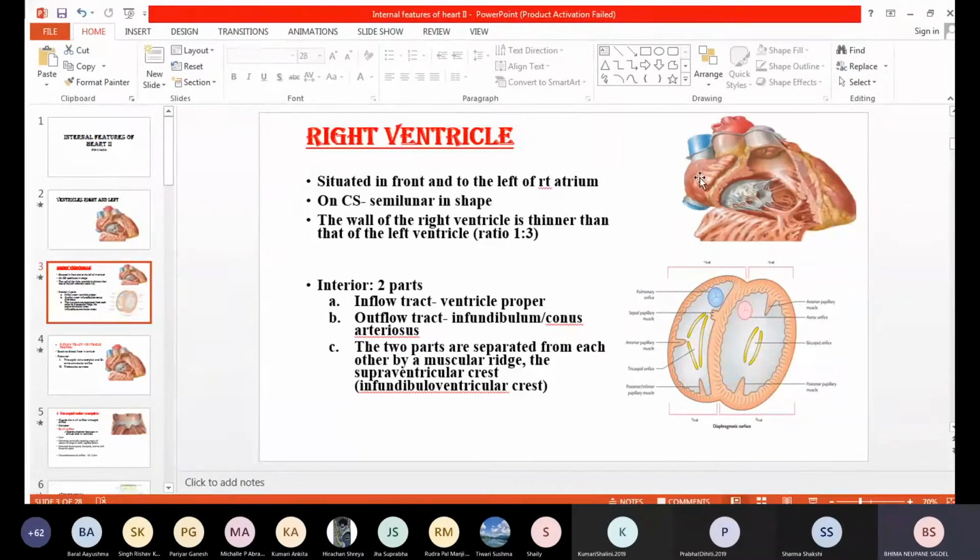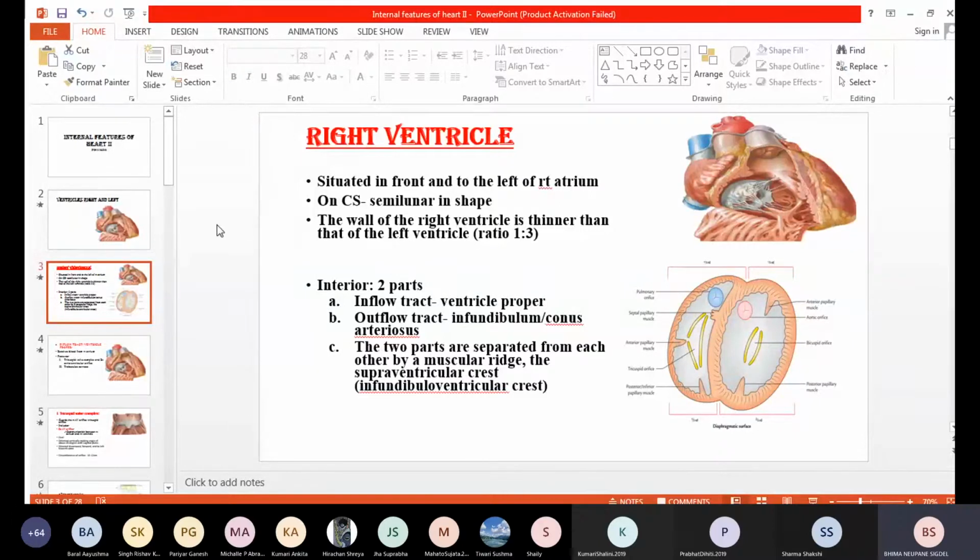Okay, and in the cross section of the ventricle as a whole, if you see, these are the cross-sectional pictures. On cross section, the right ventricle is semilunar, half-moon shaped. Most of the blood is in the left ventricle, so it will push the interventricular septum more towards the right ventricle. So this portion is smaller and semilunar in shape because of the greater action of the left ventricle. So on cross section, the shape of the right ventricle is semilunar.